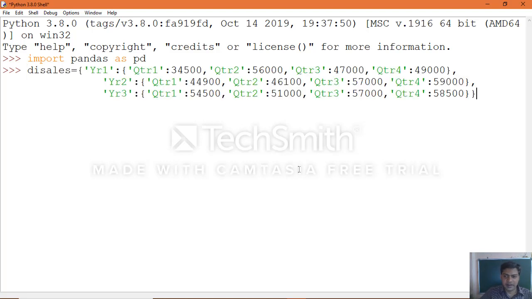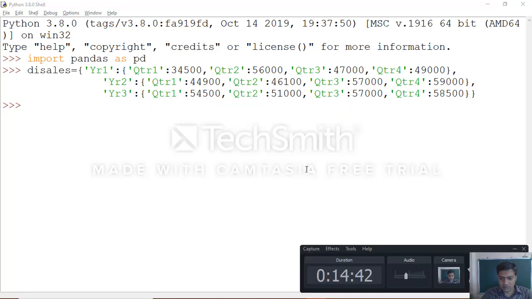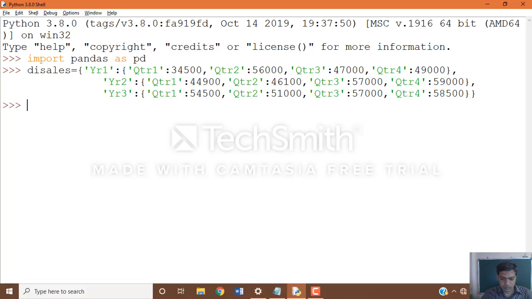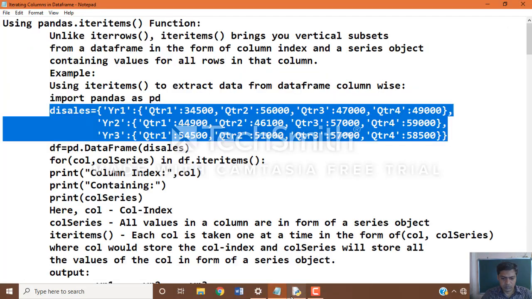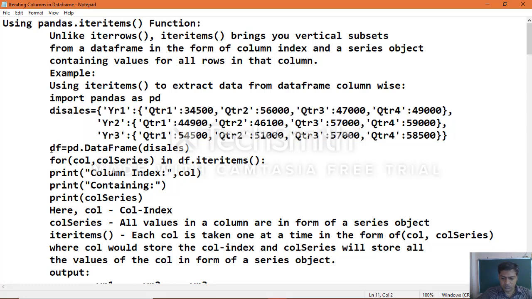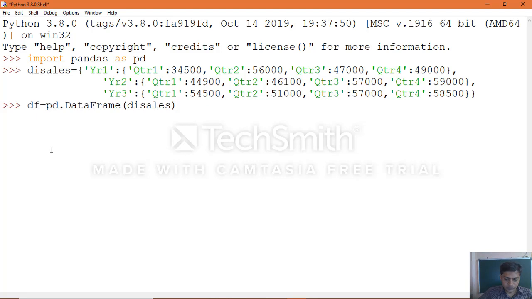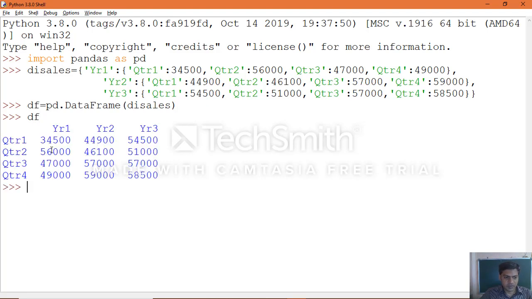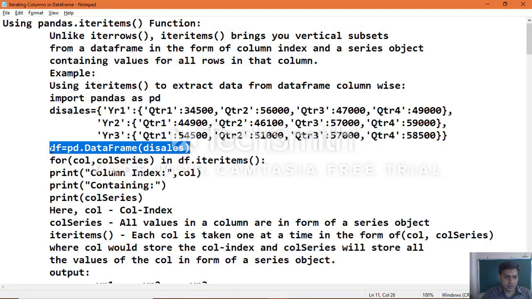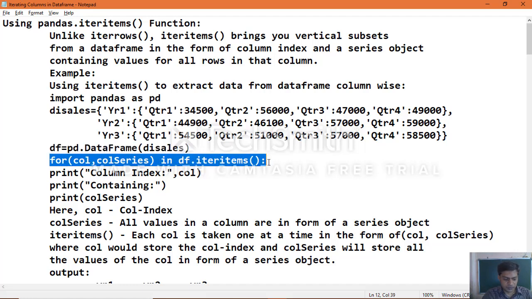Yes, create the dictionary, create the data frame object, print the data frame. Yes, now we can use a for loop to access the column wise data.